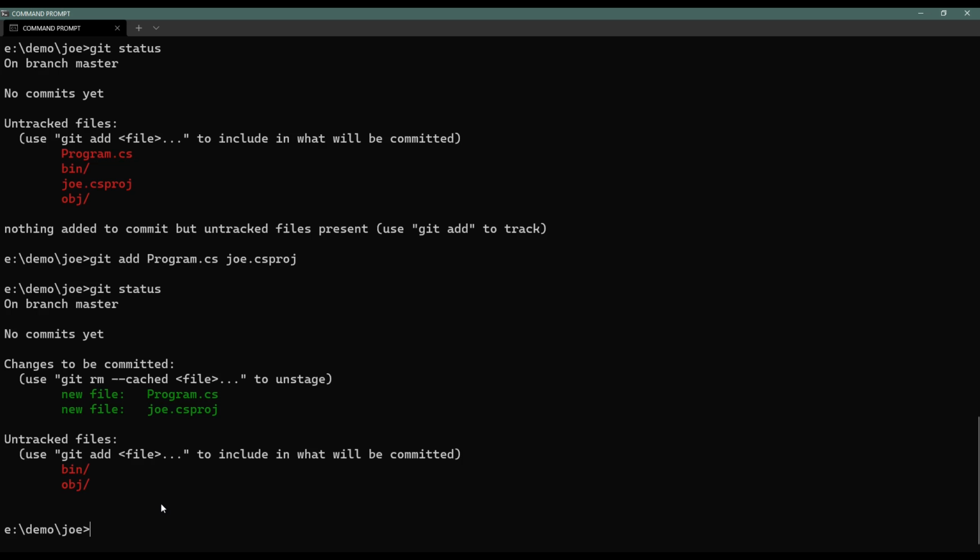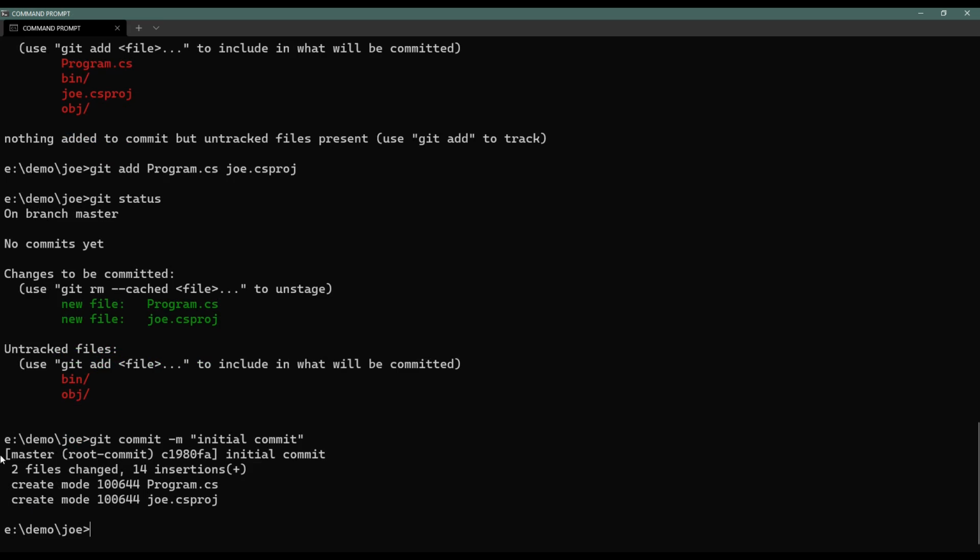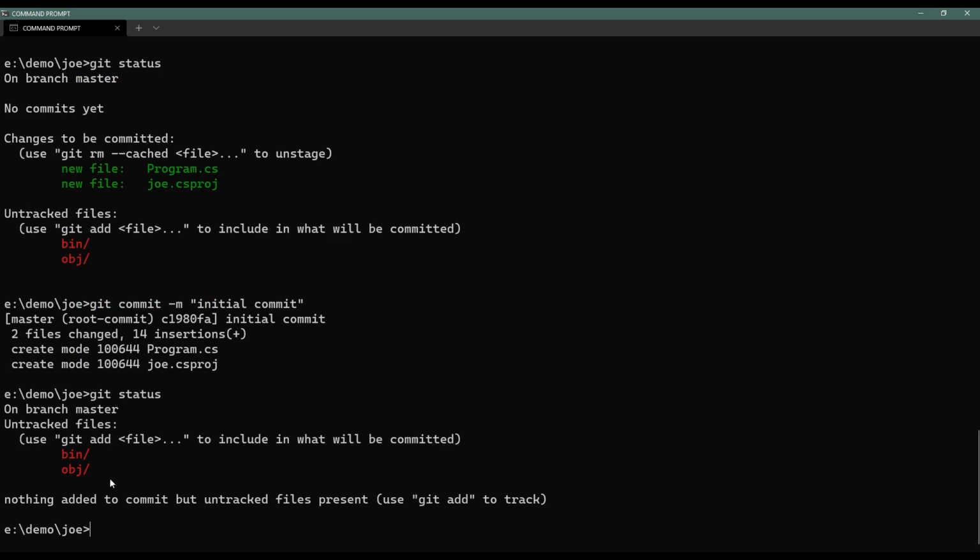I'm going to make a first commit, and you do that by git commit, and -m means message. So I'm going to say "initial commit", and it's changed two files, and it's created these files in the repository, Program.cs and the project file. If I do git status, I only see the untracked folders, and because I don't want to add these binary files folders to the repository, I'm just going to ignore them, and I do that by creating a .gitignore file,